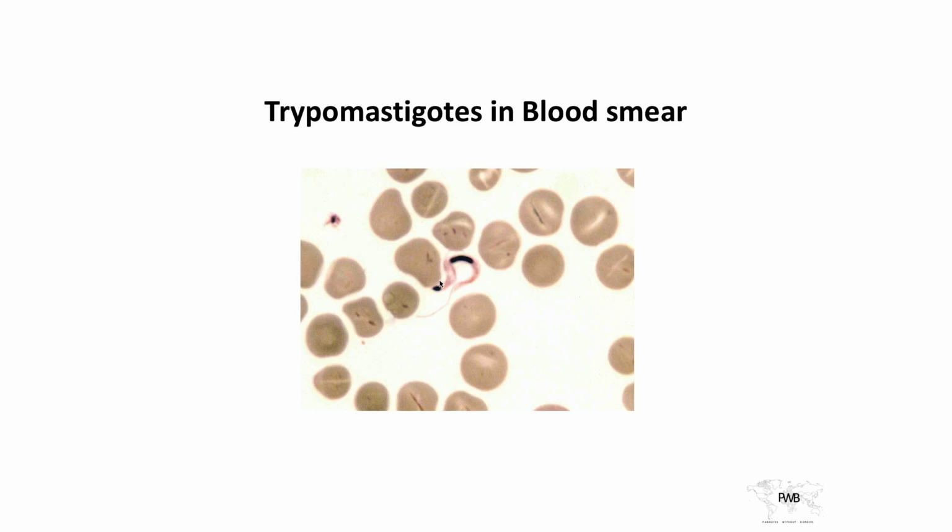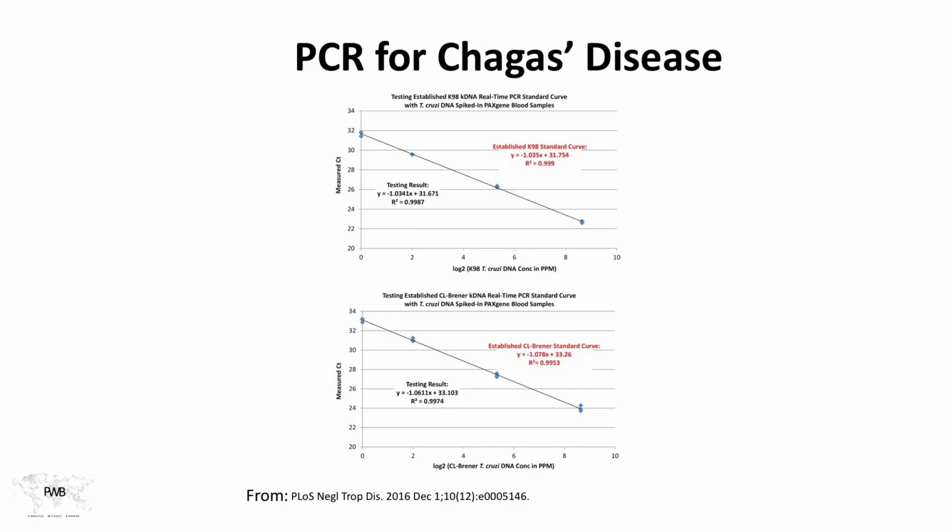Here we see a wonderful peripheral blood smear. And how do you know this is Trypanosoma cruzi or Chagas? It likes to form a nice C. And that's not actually quite a joke. The other forms of trypanosomes, when they are in the blood, right, this is mainly an intracellular organism, they tend to form a nice C shape. So there's a morphology that you might see there. Now the PCR for Chagas, that is really a much better and more sensitive way to approach it, but not as visually pleasing as seeing the trypanosome in the blood smear.